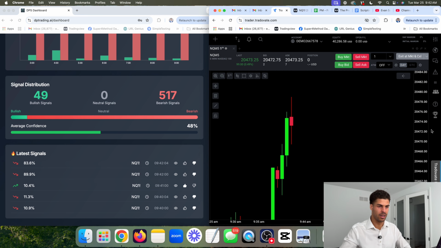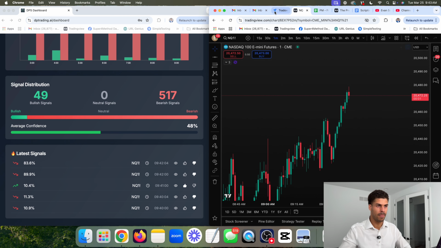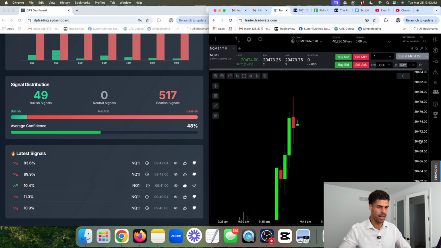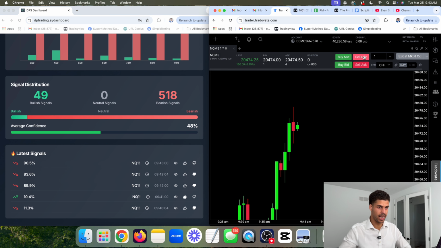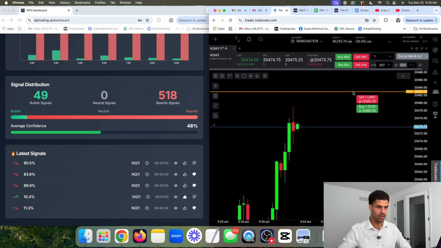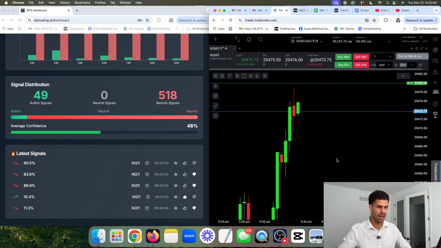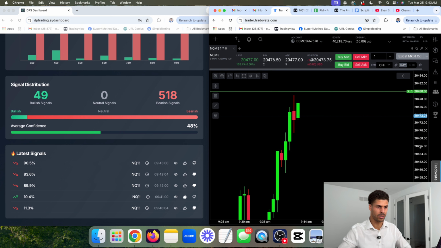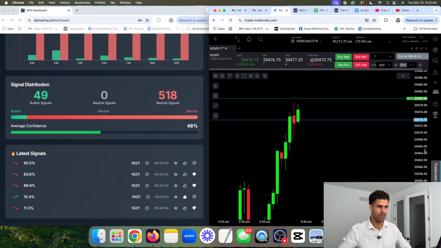I'm pretty convinced that we just have a bias towards price going down rather than up, which is okay. I don't mind the AI picking and choosing a side. What I would like though is that it respects the fact that price can, in fact, go up as well. We haven't really seen that. I might stop right above that high here. Most of our training data has been on the price either recovering from going down a lot or going down. And so it makes sense why the AI would favor shorts.